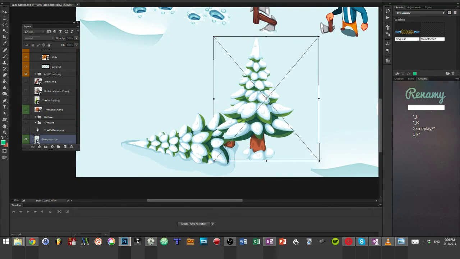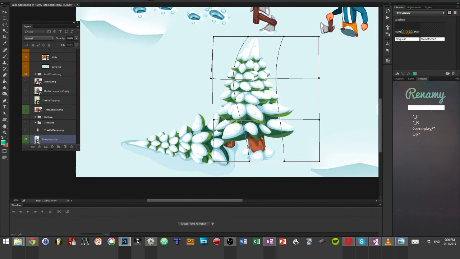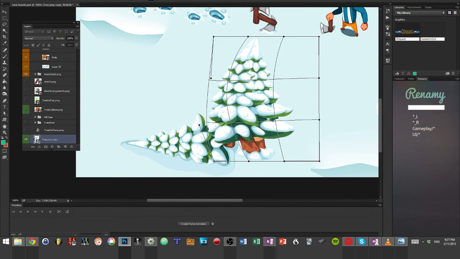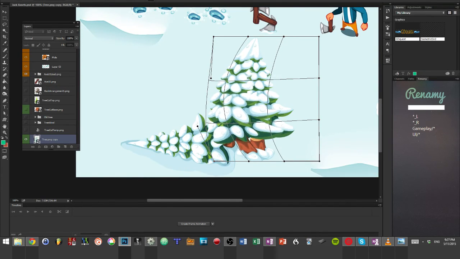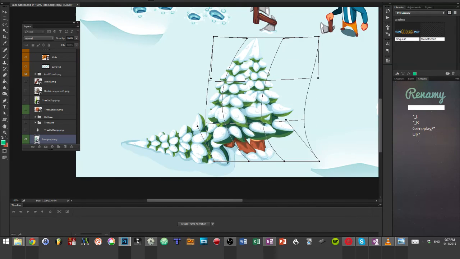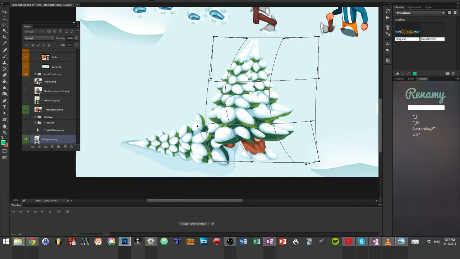Nope, it's not. But whenever you transform something, you can actually warp it in here, and with the custom warp, you can actually access the warp tool. Boom! But it's a smart object, so you can do it here and edit it later. And so the good thing, when you have a tight budget for your game, and you're doing like a tree that's falling,